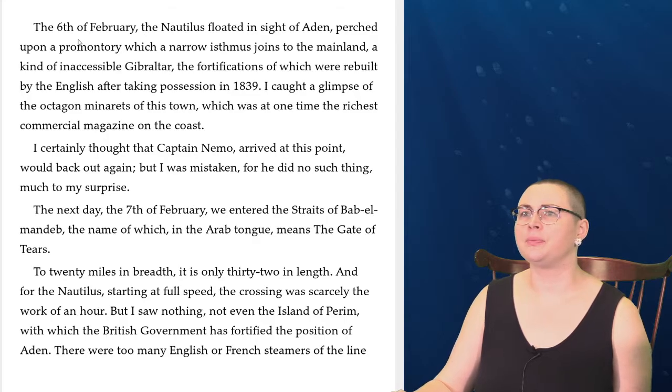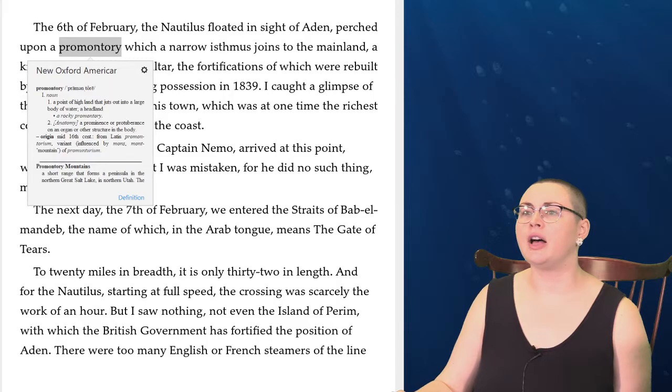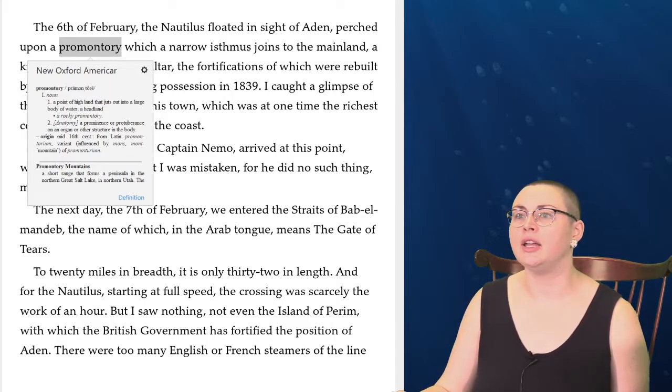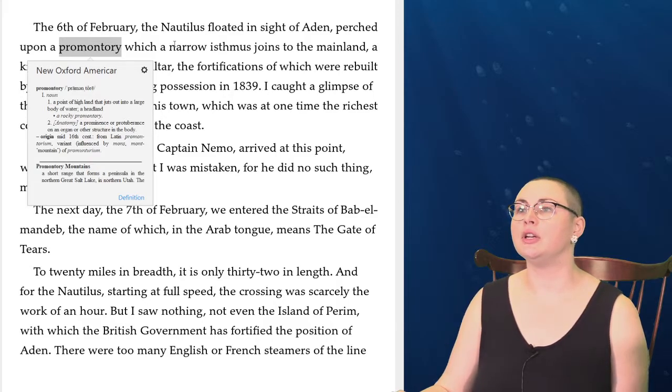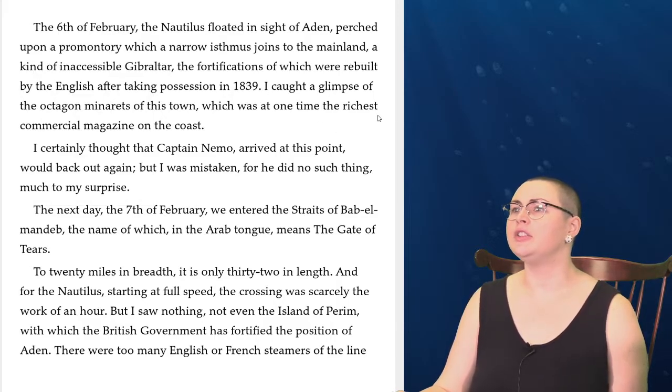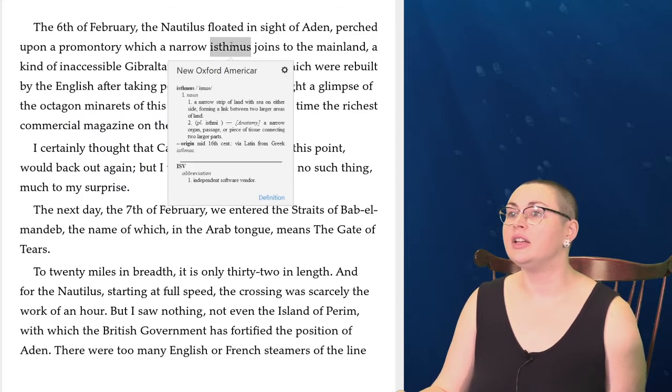Promontory, let's see what that is. Promontory: a point of high land that juts into a large body of water, a headland. Promontory, which a narrow isthmus, let's find out what that is, a narrow strip of land with sea,